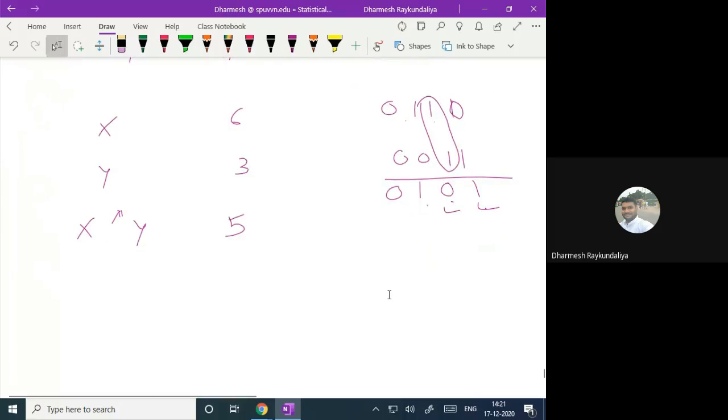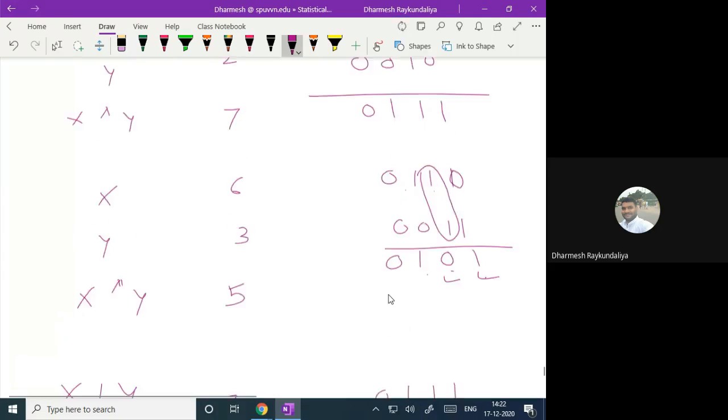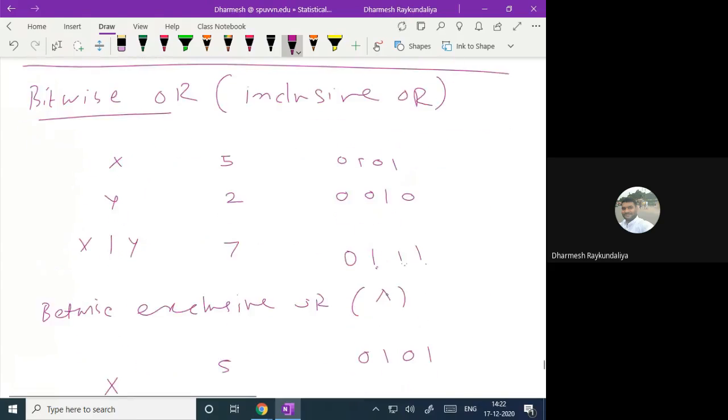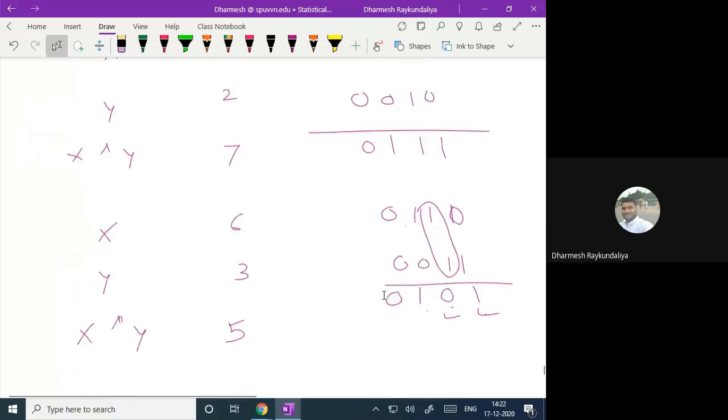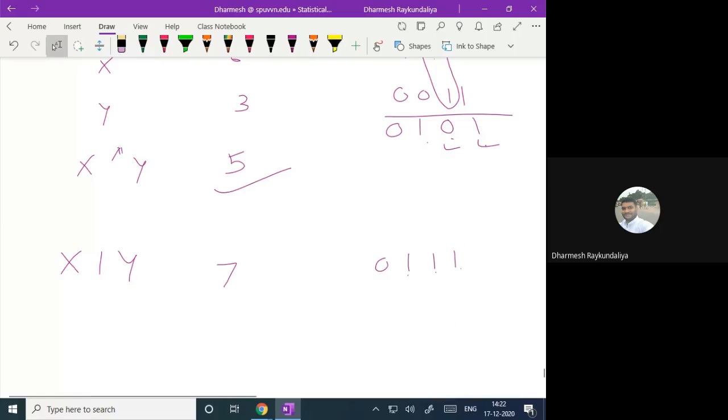अब इसका ही मैं अगर इंक्लूसिव और निकालूंगा, what is the result, it is 1, it is 1, it is 1 and it is 0, क्योंकि कहीं पे भी 1 है रिजल्ट इज 1, यहाँ दोनों में 1 है तो भी रिजल्ट इज 1। What is the answer, 2 raised to 0 is 1, 2 raised to 1 is 2, and 2 raised to 2 is 4, that is the result is 7। ओके, इंक्लूसिव और में उसका रिजल्ट क्या आएगा, 7 आएगा। एक्सक्लूसिव में क्या आएगा, 5 आएगा। ठीक है,